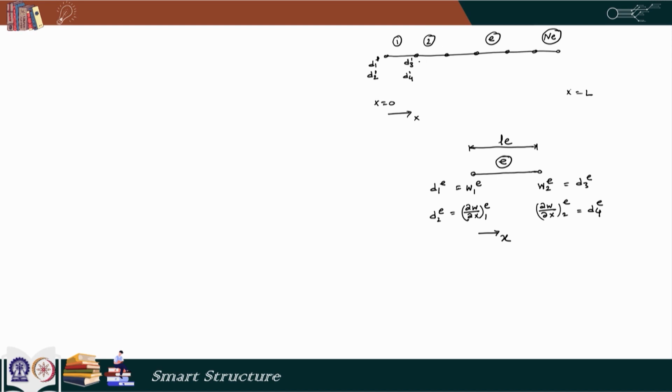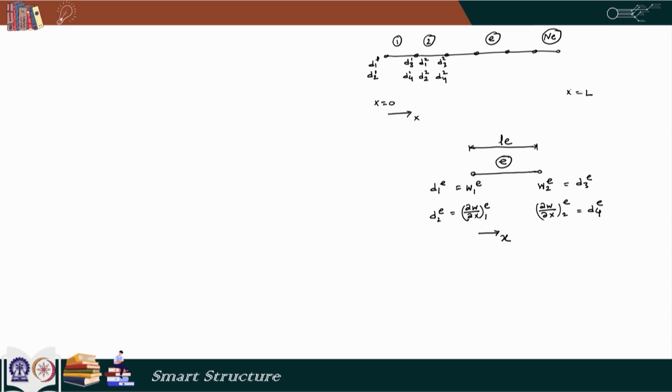Similarly, this node is shared by element number 2 also. So, this displacement here, the value of W here, can also be called D12, and we can call it D22, similarly D32 and D42. Thus we have the nodal degrees of freedom at the nodes of each element,